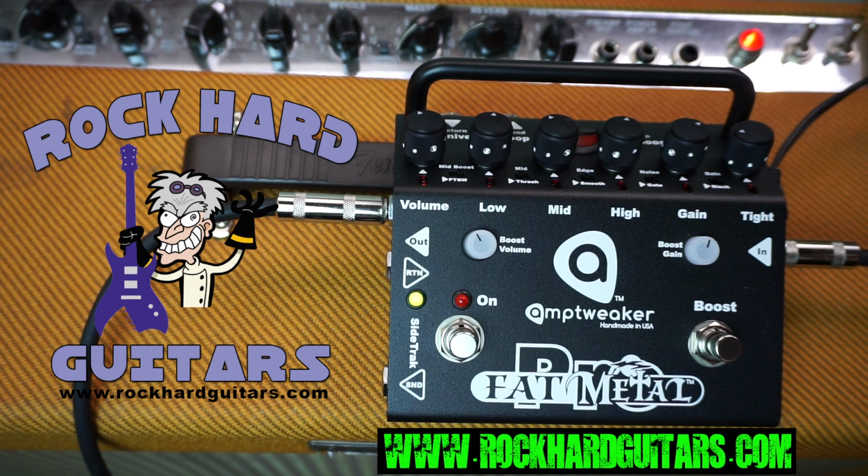That's why they're Amptweakers. One of the best sounding distortion pedals. And I don't just mean this one. I mean the whole line of Amptweaker distortion pedals. Just incredible sounding stuff. I can't stress it enough. There's a lot of pedals on the market, and I've been through them all, and I sell a lot of them, but I'm going to tell you that these guys are just,